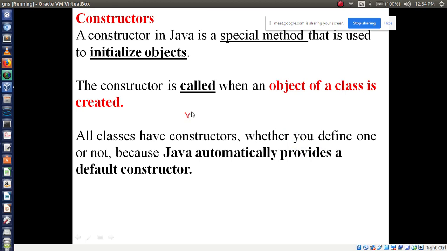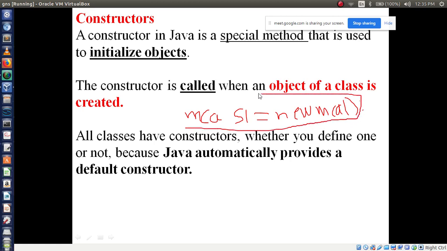Suppose your class name is MCA, followed by a reference variable S1, equal to, and to create the object, new, then the class name MCA, close the bracket. If you write this line, at that time the constructor will be called.